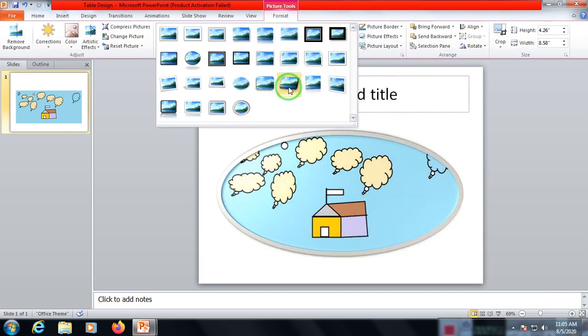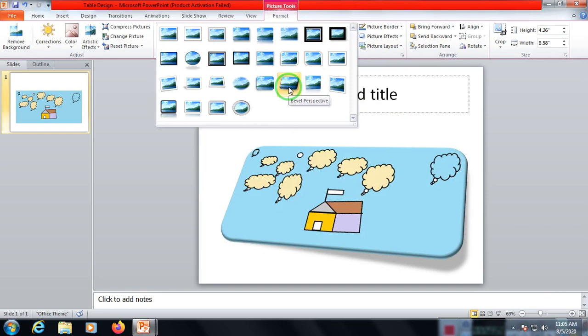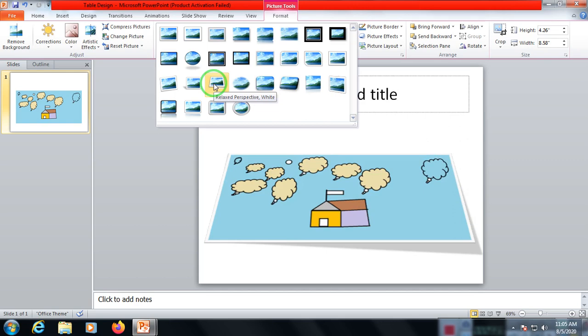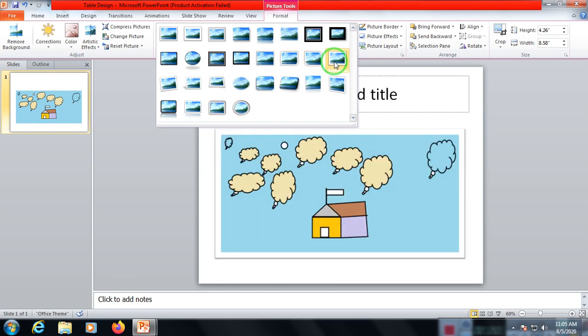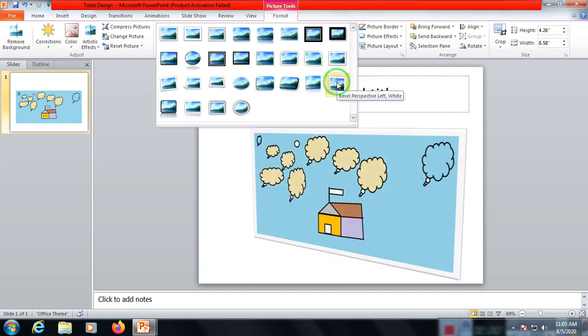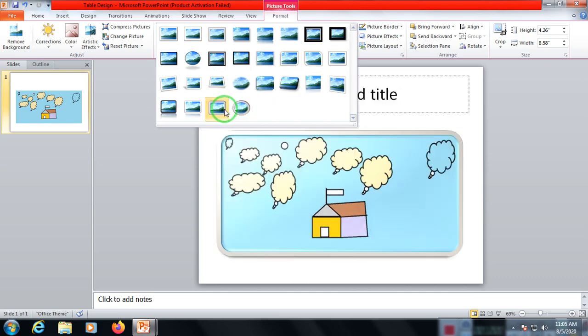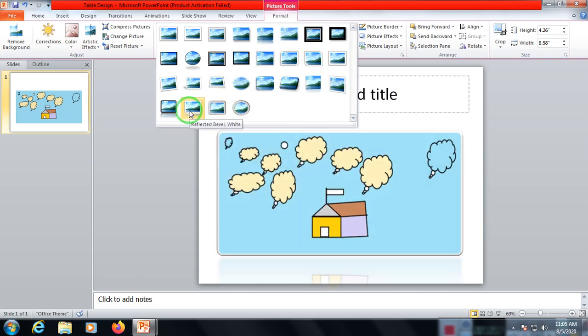I want to set a picture like this, or with some tilt, or in this shape, or like this, or like this. So there are different predefined sets available for setting your picture.